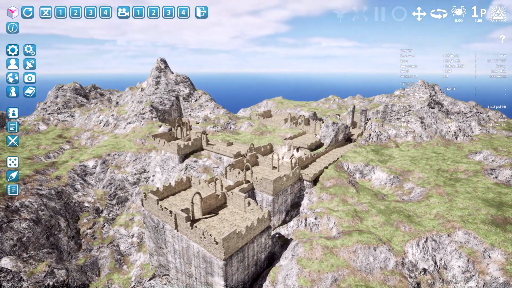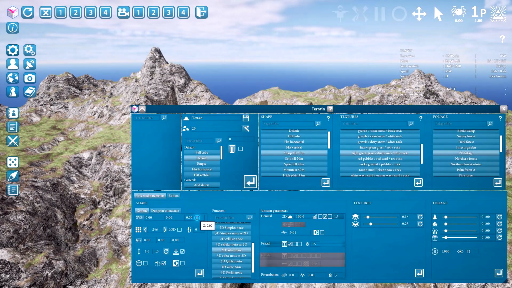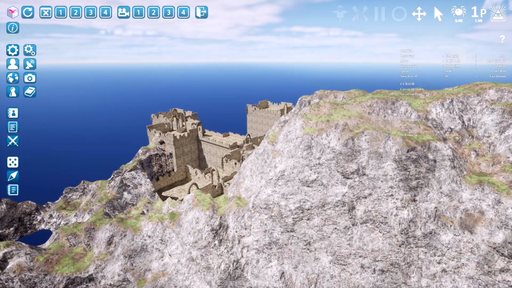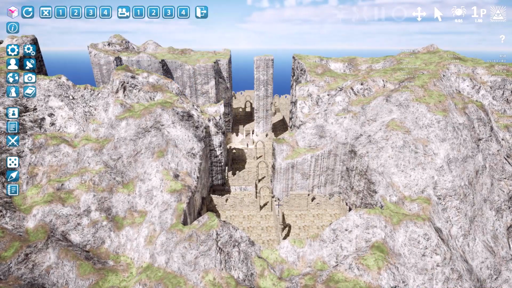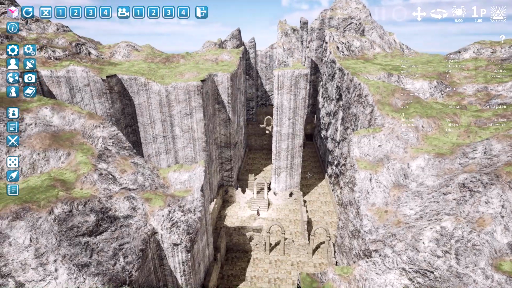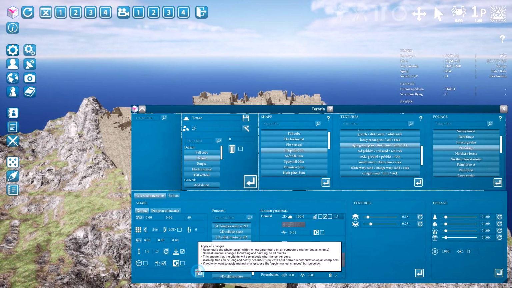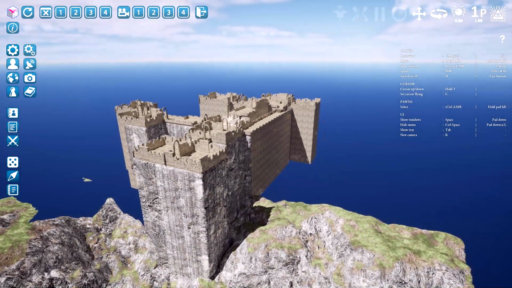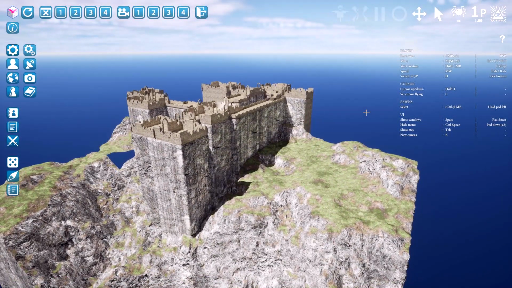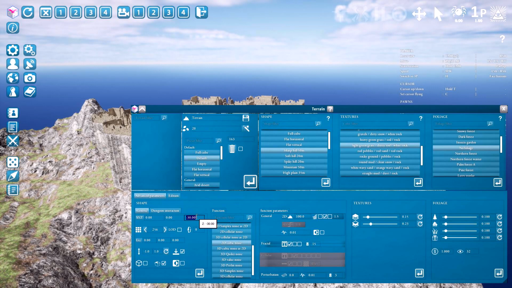This compensation also takes into account the location of the voxel cube. So, for example, if we move it up like 30 meters and rebuild, you can see that it will create deeper holes which make some cool dungeon tunnels. And if on the contrary we move it down and rebuild, okay, then we'll get some high cliffs all around the dungeon. Okay, so let's come back to 0 here